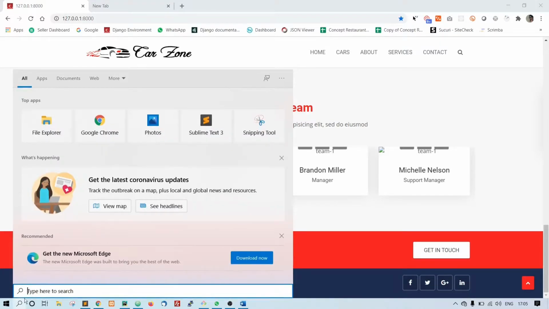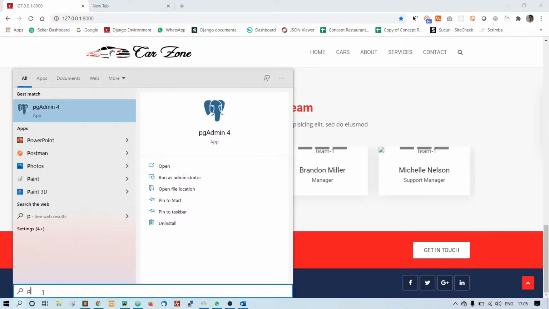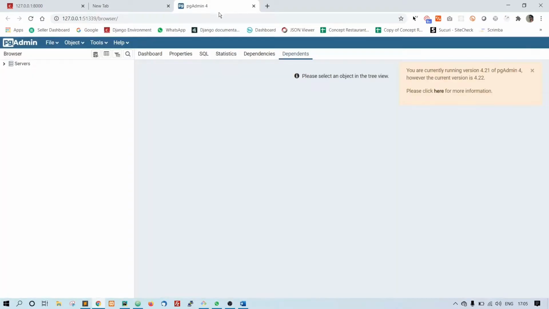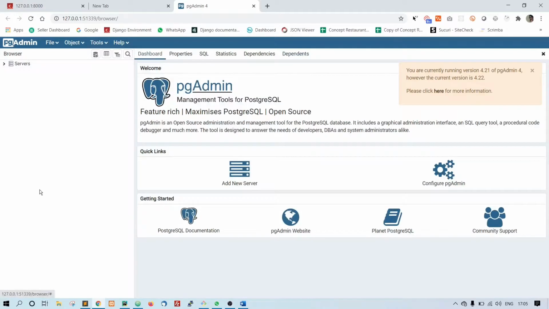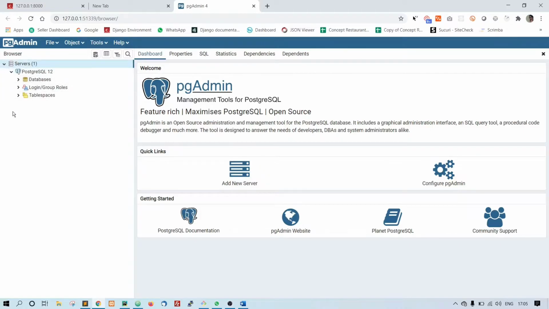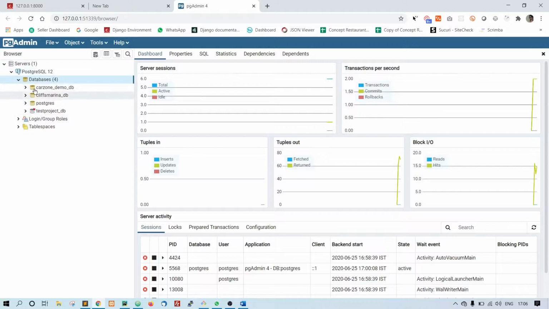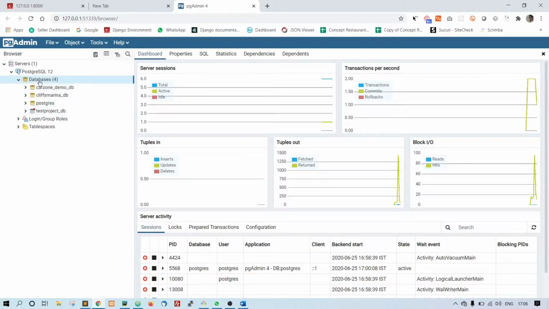So go to search and type in pgAdmin. It will open the browser window. For the first time users, I think it may ask you for creating a username and passwords and all those stuff. So I hope you have followed the YouTube video and set up all the things. And if you go here, expand the server and click on databases. So as you can see, I have 2, 3, 4 databases here. You might have 0 databases.